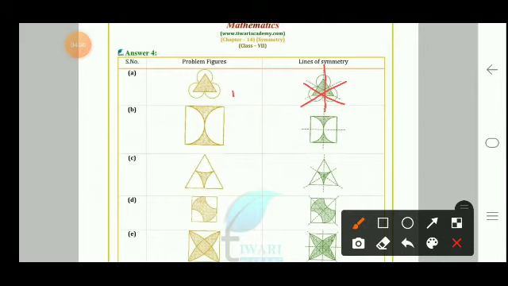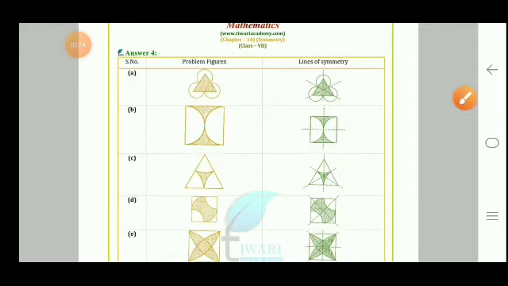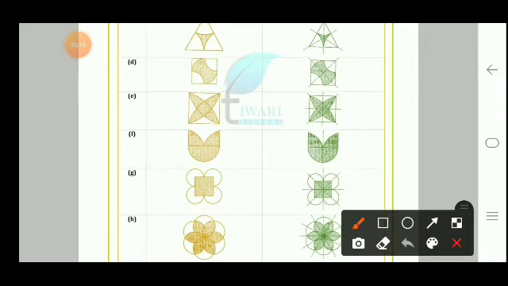So these are 3 lines of symmetry, and in this we have 2 semicircles, so the line will pass from here. We have a square also, or a rectangle also, so in this form we have to draw the line. This is the 1st line of symmetry, this is the second line of symmetry. In this figure, we have to make the lines of symmetry, 1, 2 and 3 likewise. Moving to the next figure, the lines of symmetry are 1 and 2. Then here again 1, 2, 3 and 4 lines of symmetry. In this figure we have 1 line of symmetry only.